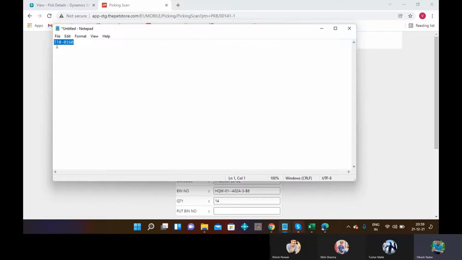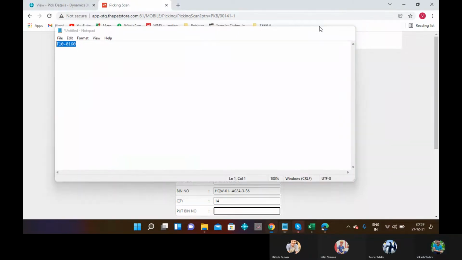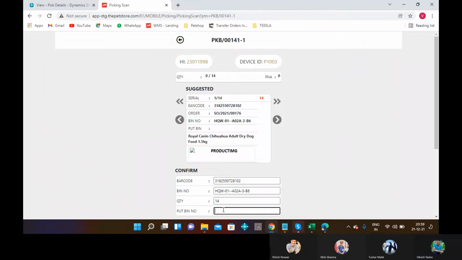We can also find it: go to location, go to bin, and then filter apply, and store type bin. We can find our put bin number.